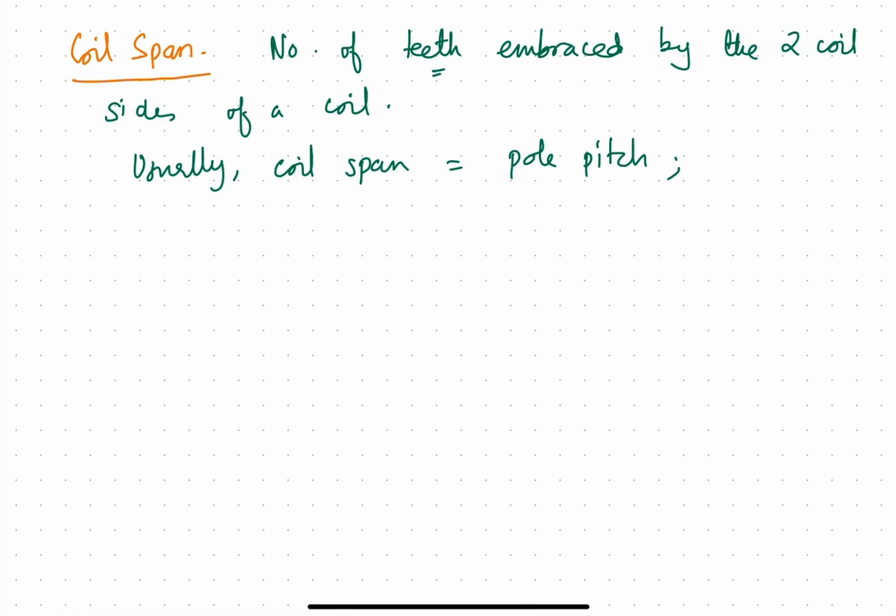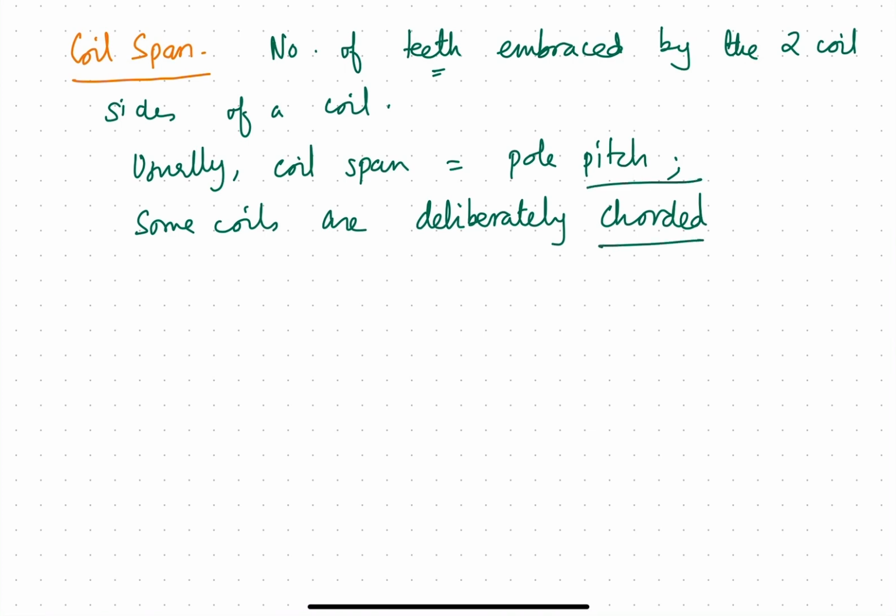However, some coils are deliberately chorded. If you remember in the offline class, we discussed chorded coils are those coils which do not span the whole pole pitch. They are shorter than the pole pitch. So this is because